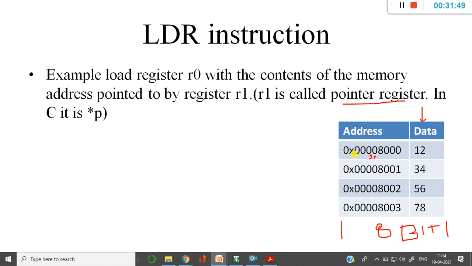Now I need to fetch a 32 bit data, 0x12345678, stored continuously. I want to fetch this particular data, which is already present in my memory. I need to store it onto my register.